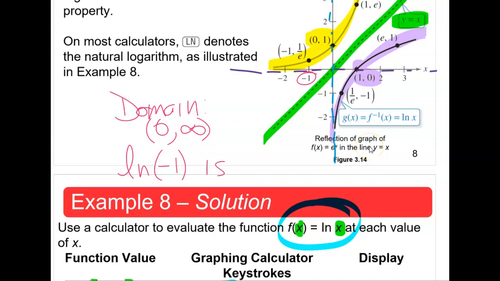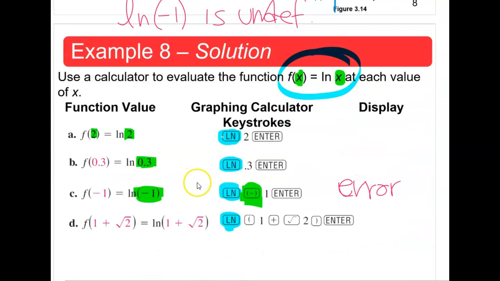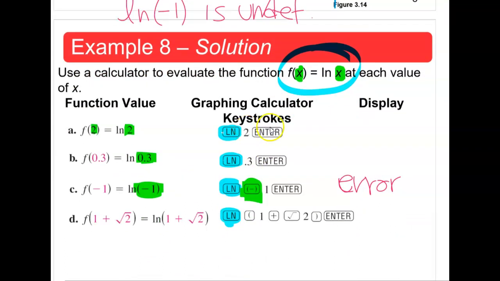So on your calculator, depending on what you're using, you will get some error message. And then for natural log of 2, natural log of 0.3, and then here you have a whole expression